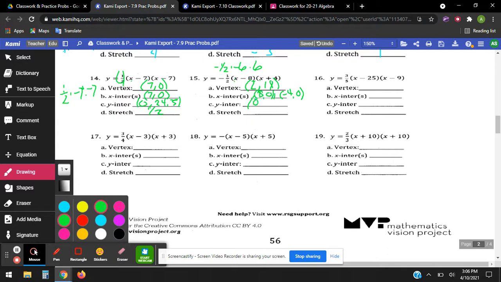Y is when my x equals 0. So negative half times negative 8 times 4. Again, I got double negative, so half of 8 is 4. 4 times 4 is 16. And my stretch in this case is a negative 1/2. Next,